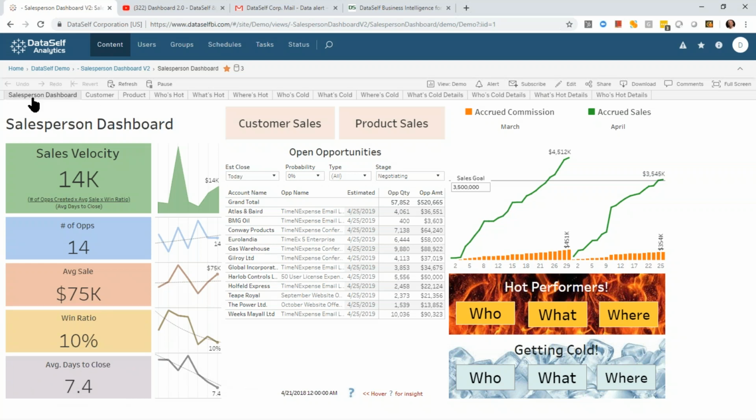The idea is, on this salesperson dashboard, you should have major numbers showing how they're doing and overall what the trends are for the past weeks, months, or years. Front and center, you should typically show things that the person should be doing today or this week. So when they start the day, they can take a quick look at what they're supposed to be closing today. This would be an example from open opportunities on the CRM system. And then when they scan through the list, they think, oh, yep, Gilroy, I need to call them first because of whatever the reason is. So it's a quick way to see the day ahead and sometimes take action sooner rather than later, based on what they know is going on with the clients in the market.